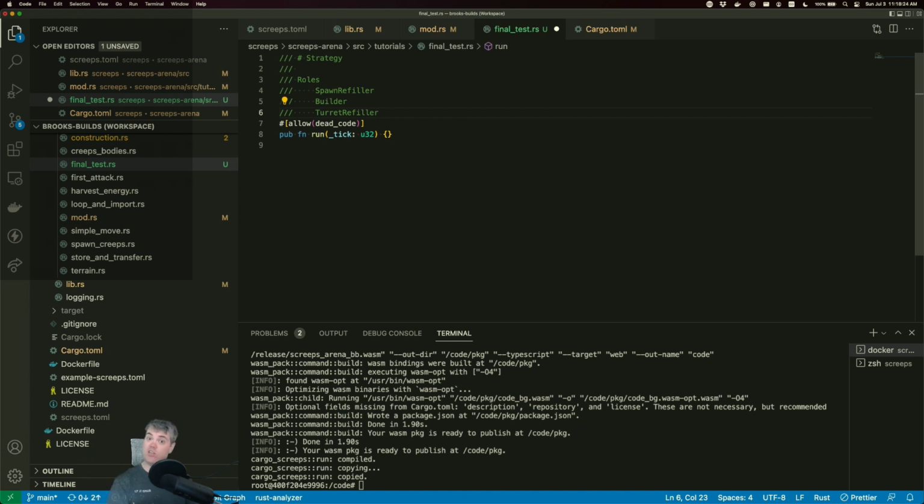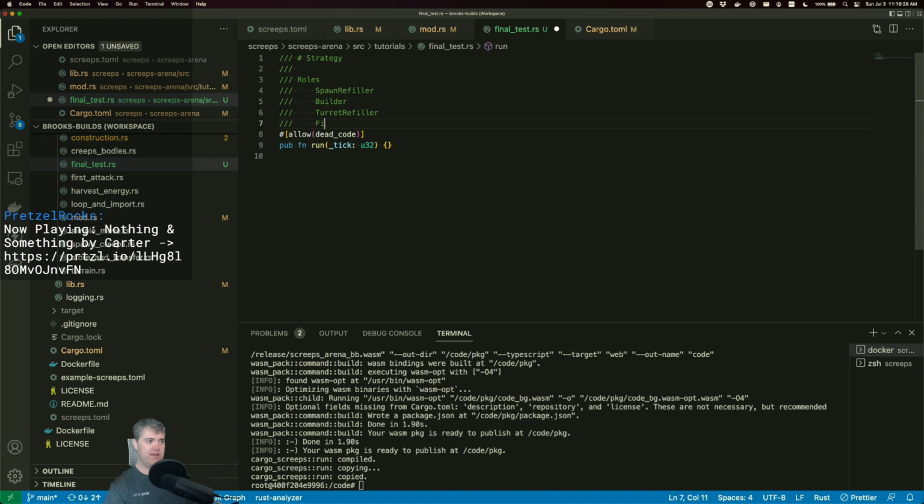We're probably gonna want to build an army as well. So we're gonna want a fighter, a ranger, and a healer. So that's gonna be our roles. I can't really think of anything else for this. Okay, then